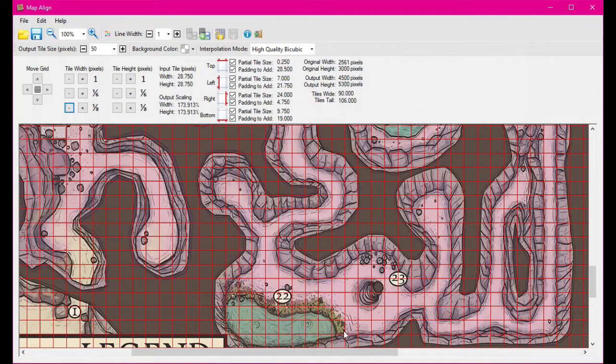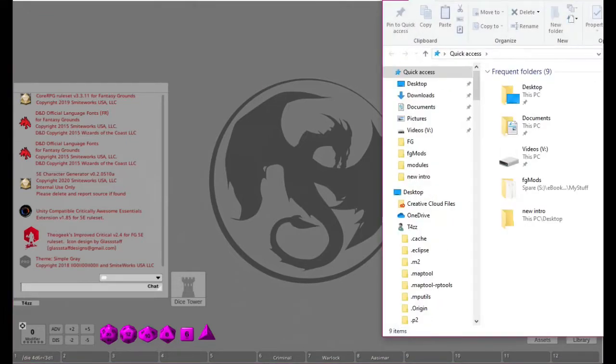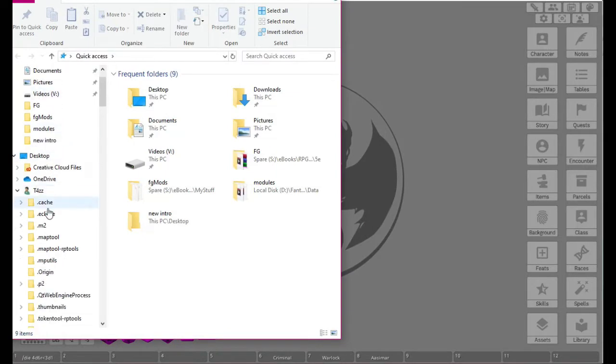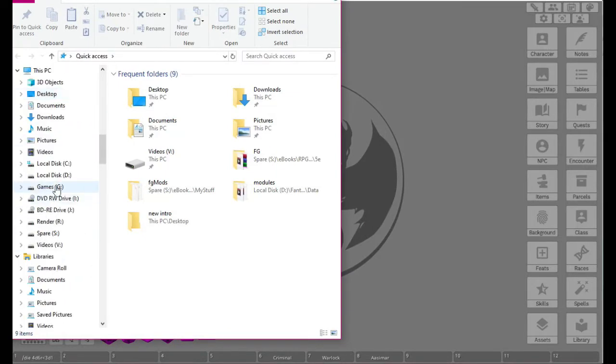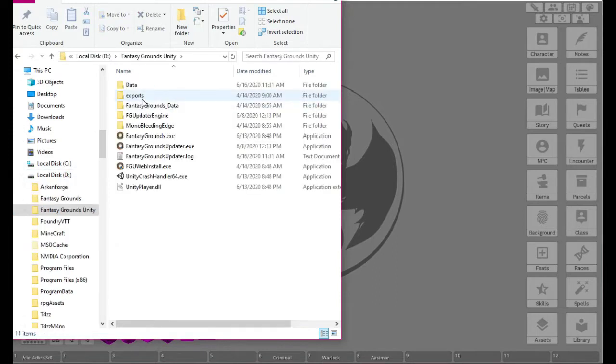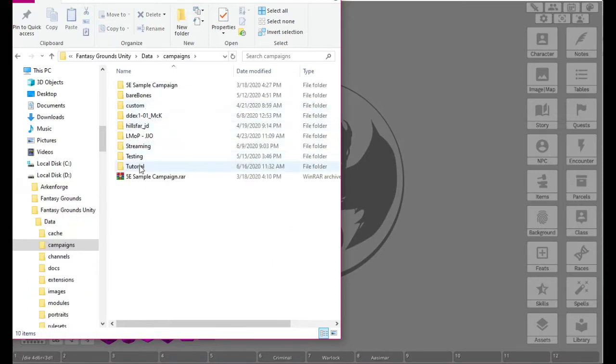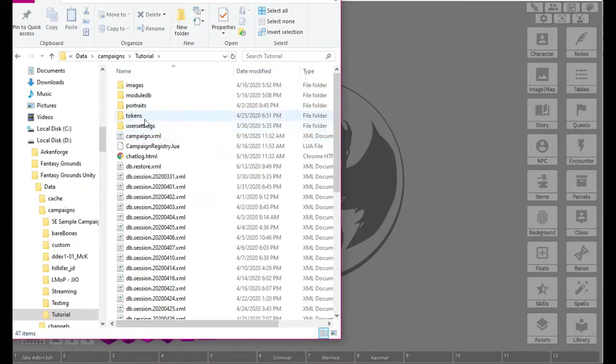And now we're going to jump into our different utilities. So we'll first do Foundry, or not Foundry, Fantasy Grounds. And if we come into, we need to go add this file real quick. Let's go ahead and we will just go to our D drive, go to Fantasy Grounds Unity. We are in our tutorial one, so let's go to campaigns and then tutorial, like I show,